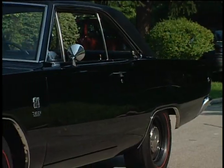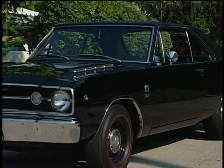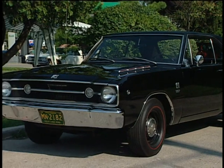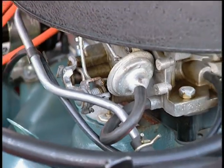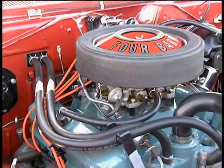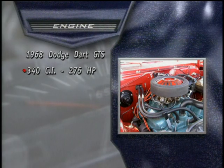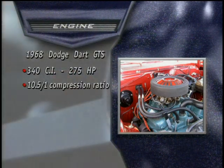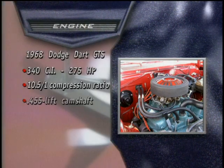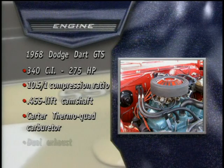The 383 Dart was such a people-pleaser that for 1968, they unleashed the Dart GTS with two high-performance engines, the nasty 300-horse 383 or the all-new 340 small block. The small block 340 was one screamin' little engine. Its 275 rated horsepower was achieved with 10.5 compression, a 455 lift hydraulic cam, a single Carter Thermoquad 4-barrel carburetor,